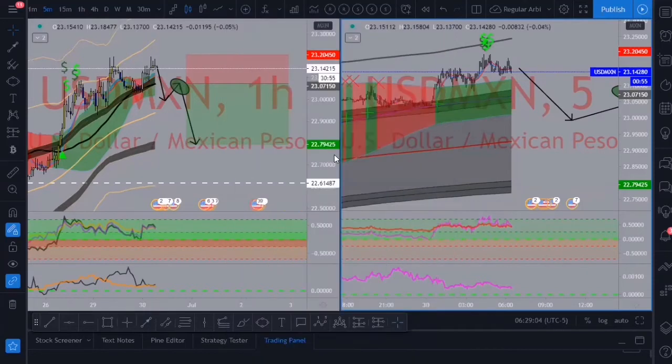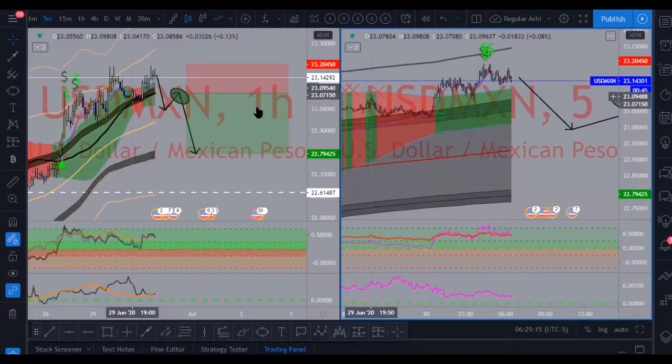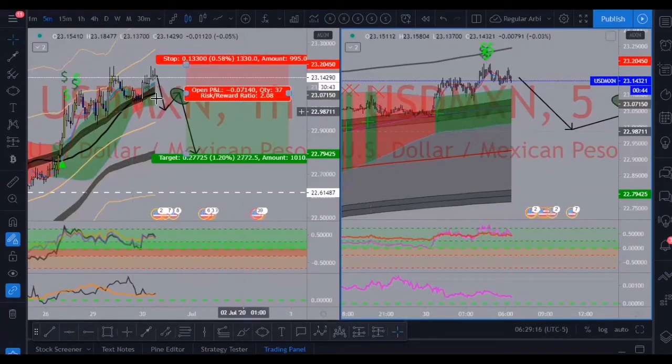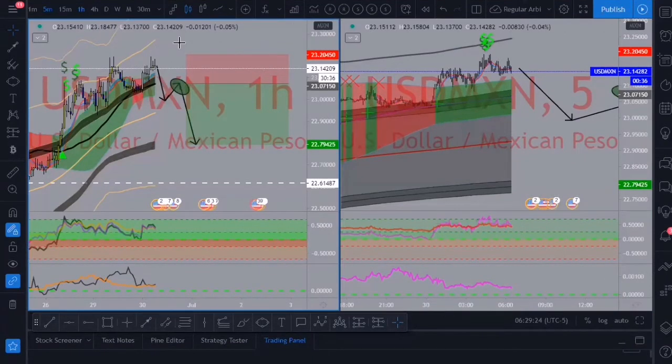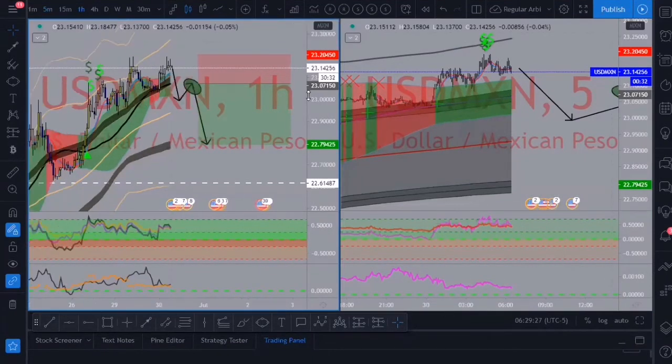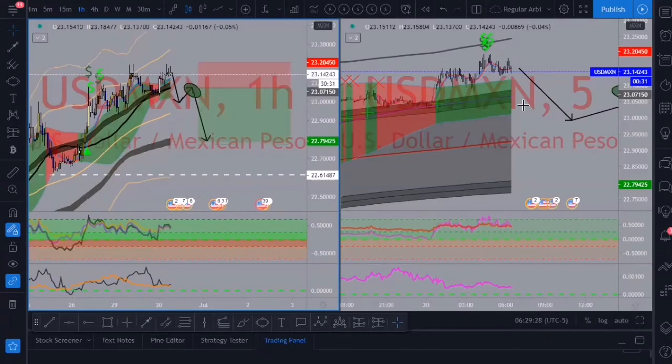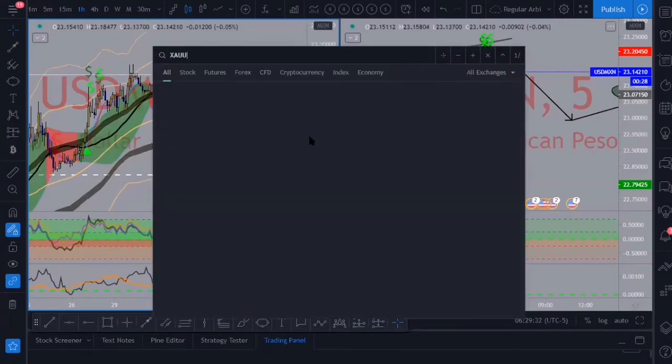NZD USD, of course, no problem. I'll go ahead and add that to the list. One of my students had asked me, and I already told them I'm looking for sells on NZD USD, but I didn't even look at it. He just showed me a chart, and I'm like, I like the sells, but I'll take a look at that for sure. Let's go on to gold. Oh, Mr. Gold.